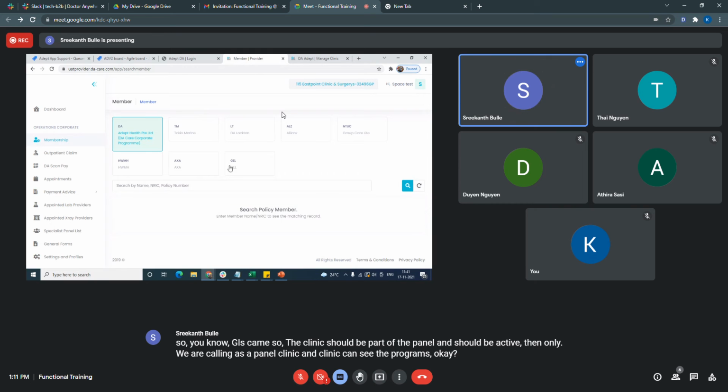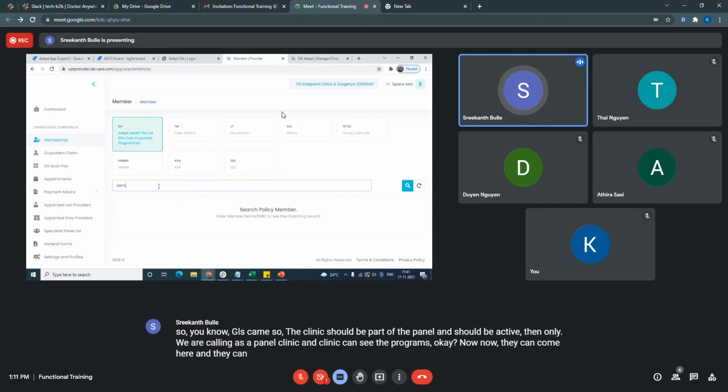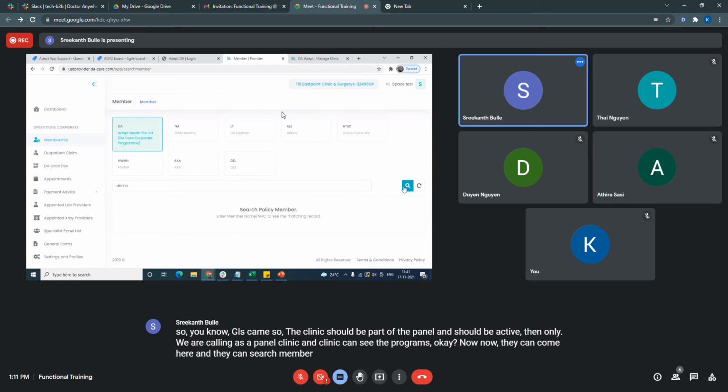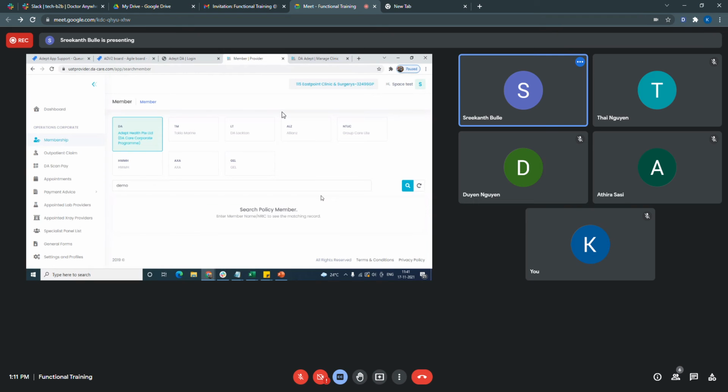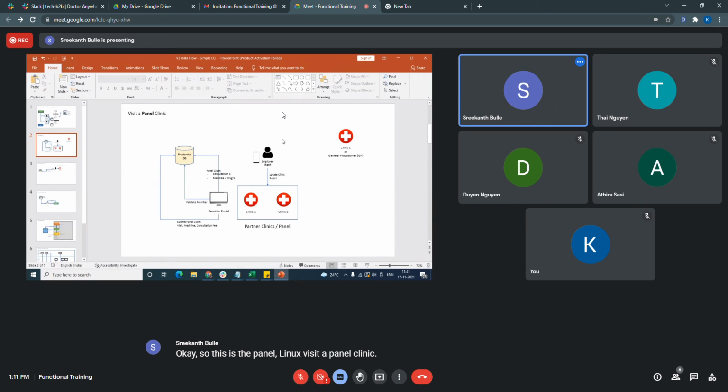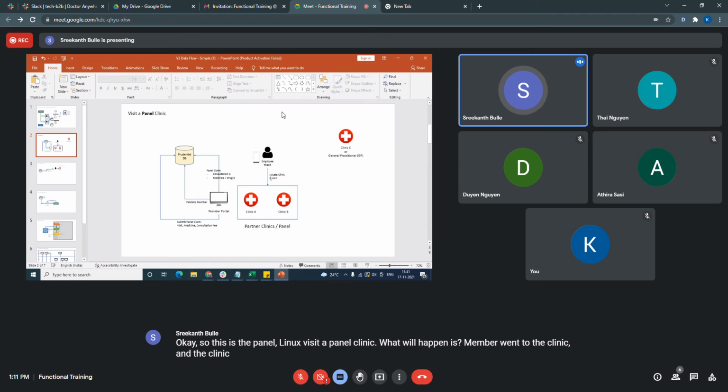Okay, now they can come here and search member. Okay, so these are the panel clinics. When a member visits a panel clinic, what will happen is the member goes to the clinic and the clinic will locate the e-card, and they will validate the e-card.